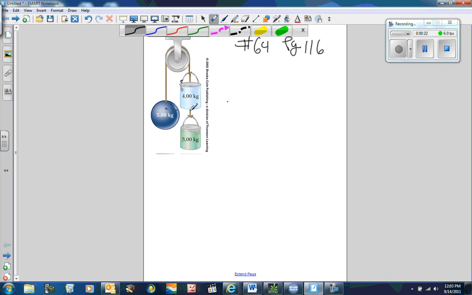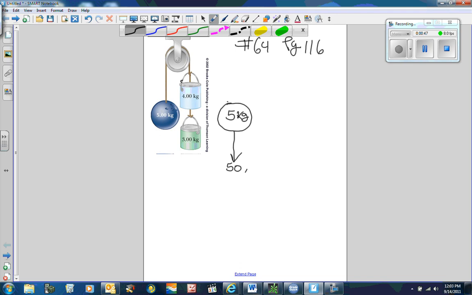And we have three objects here, but we're going to just count the two objects on the right as one big object, which would be 7 kilograms, all right? So basically what we're going to do is we're going to do two force diagrams. We're going to do a force diagram for each object. The first one is the 5 kilogram object on the left-hand side. So that's 5 kilograms. If we use 10 for g, then we have